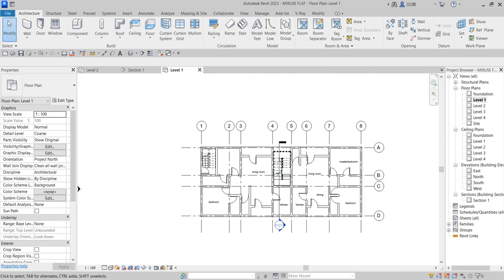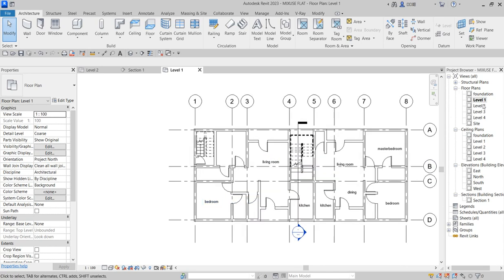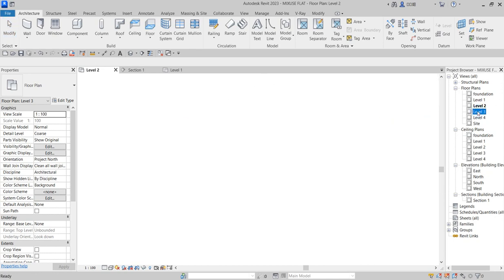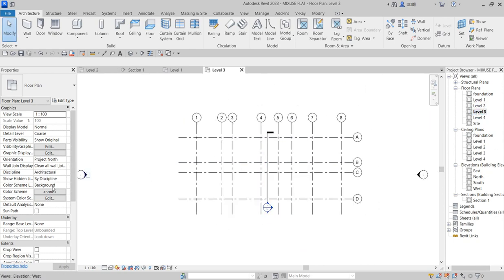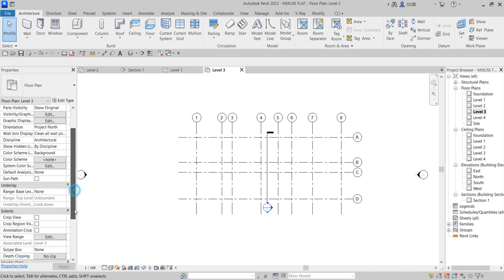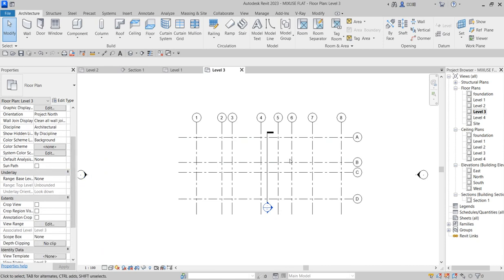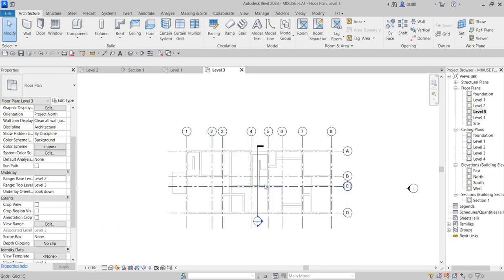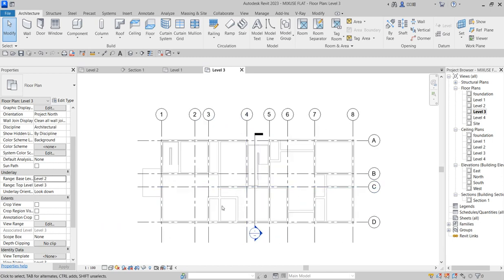Now the next thing to do is to create the first floor and let's go to the top floor, which is a Pent floor. We want to create that aspect. But before we create that, we need to understand the roofing system first. So how do we know the roofing system? Go to underlay and say level 2. So this one is going to give us an idea of how the roof is going to look, and from there we place